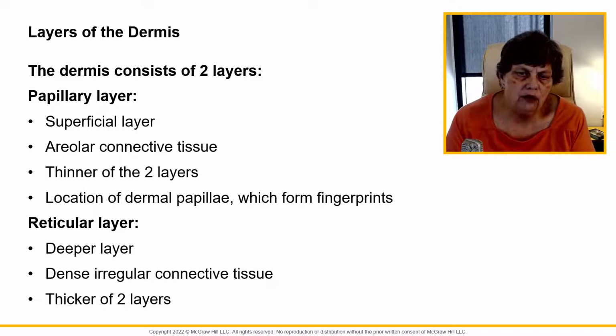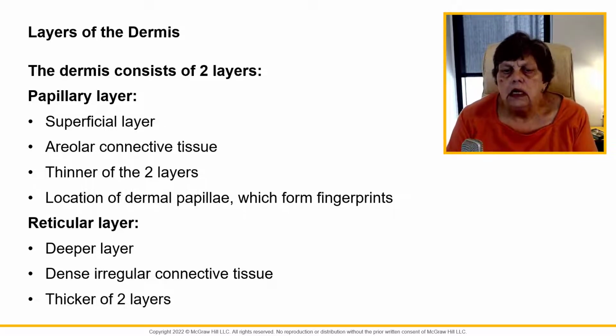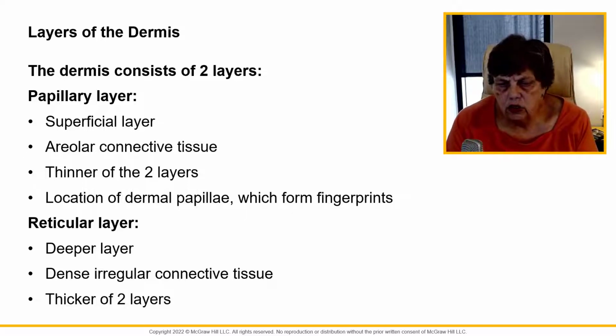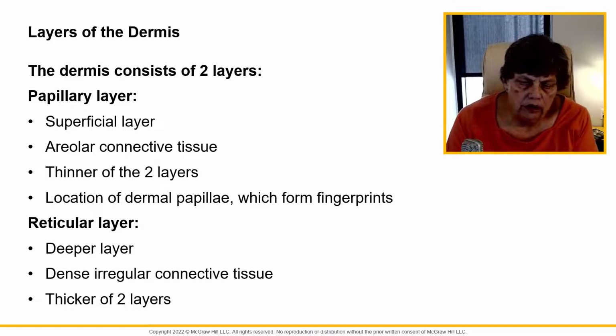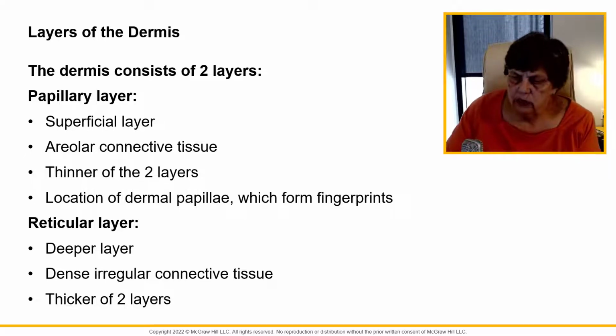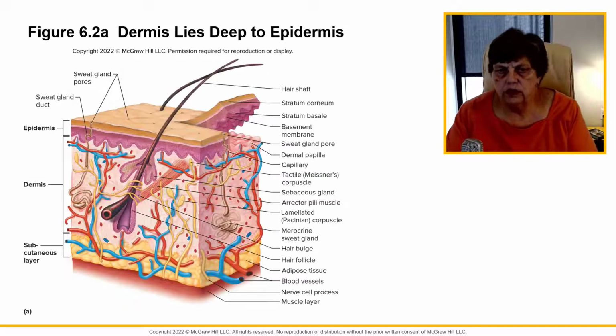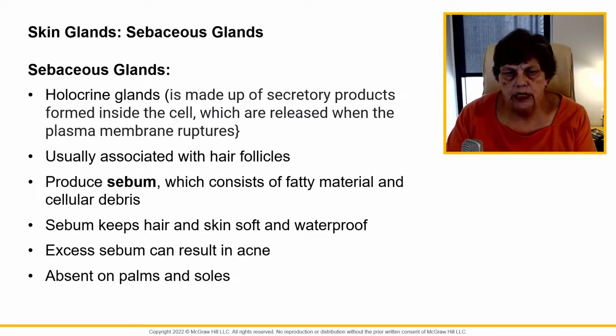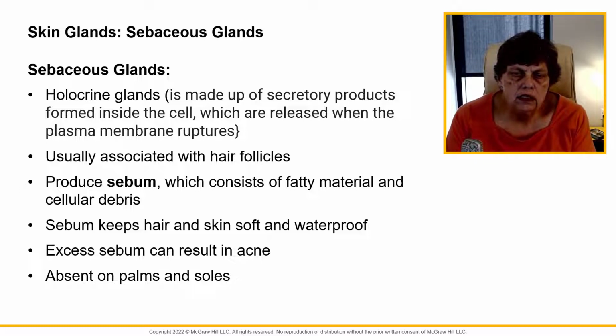This is areolar connective tissue, and it lies in the dermal papillae, which form our fingerprints. And then you have the deeper layer, which is dense irregular connective tissue, which is, again, a little bit layered down. All right, the sebaceous glands, some of the glands we look at, sebaceous glands are what we call holocrine